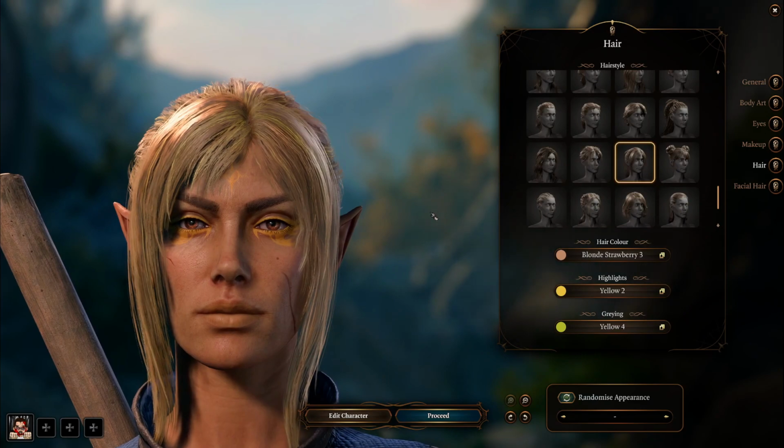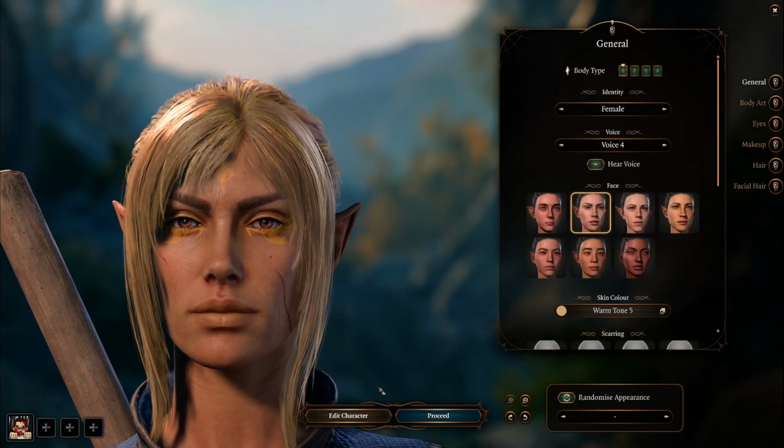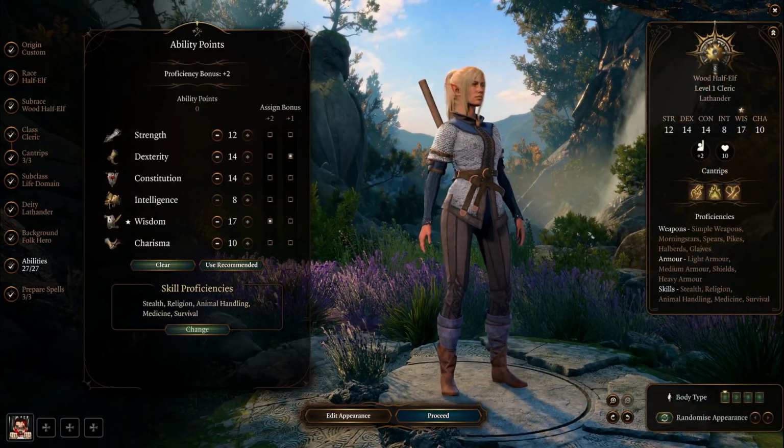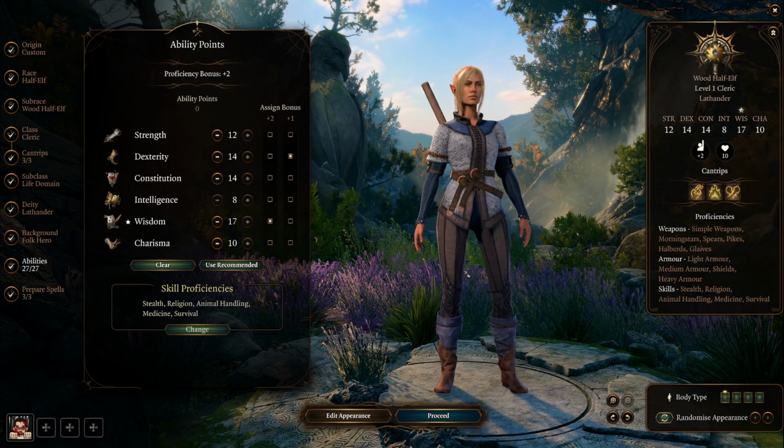I don't know why I'm going with the yellow theme, but I'm going with the yellow theme for some reason.